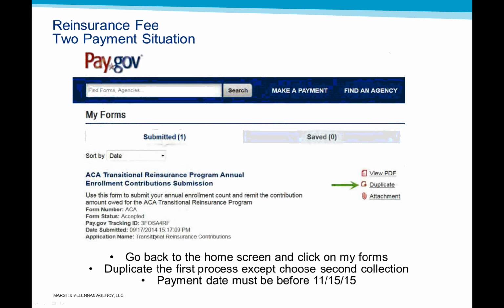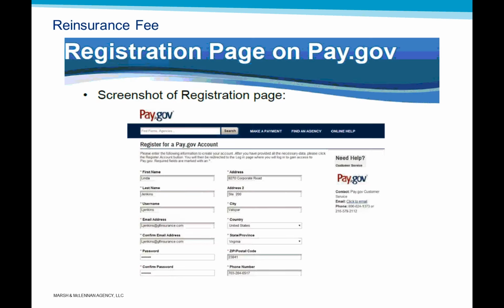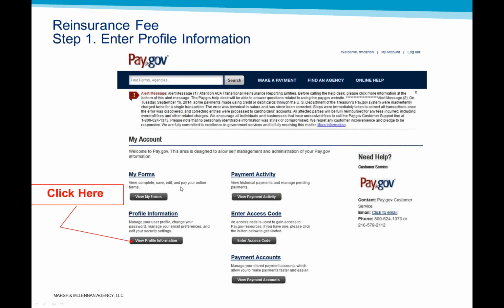Now, I mentioned that if you decided that you wanted to split your payments into two payments, you would have to come back through the process again. Most of the information will be saved, so it won't be that difficult. But go back to the home screen and click on My Forms. That will be this screen right here. You'll see My Forms, and when you click on that,